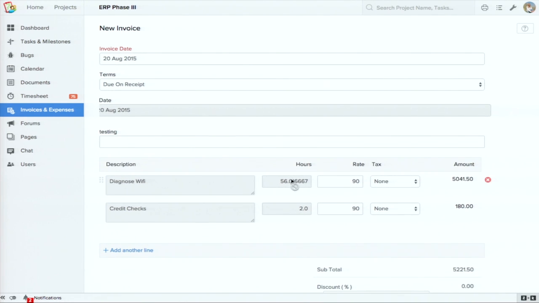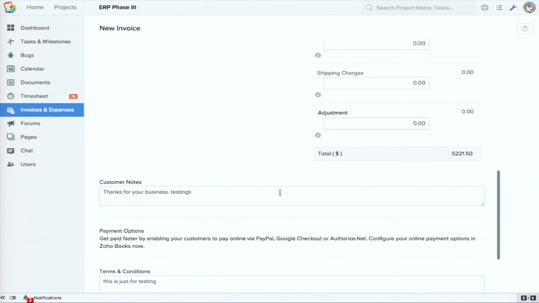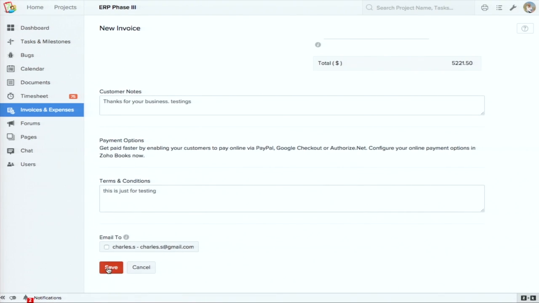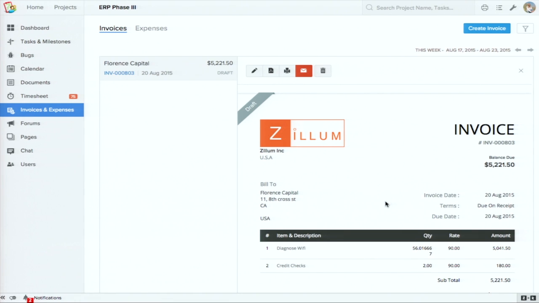And this is the invoice. You're providing the details and apply your tax and other things, and just say save, and you can send out that invoice. So this is the invoice. And of course, you can print it and send it, and you can do all kind of cool things once it's in our accounting software. That's one way of doing things. Send from projects, capturing all the information and sending the invoice, and you don't even know that you're using Zoho Invoice or Zoho Books at the back end.